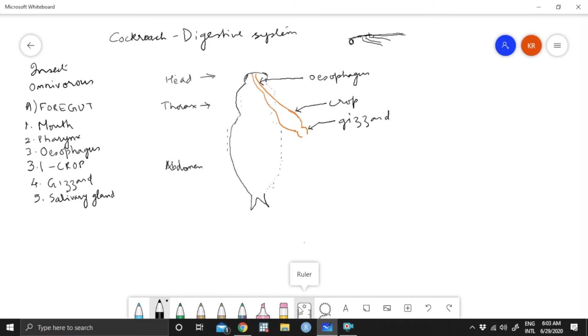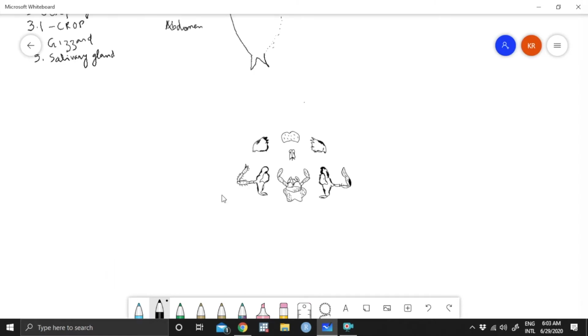So it is very important, the mouth parts, which I will just show you because I have already drawn a diagram and I will bring it over. So these are the mouth parts of cockroach. Two reasons: one is to save time. Secondly, this diagram is not expected for your exams. Therefore, I am not drawing it in front of you.